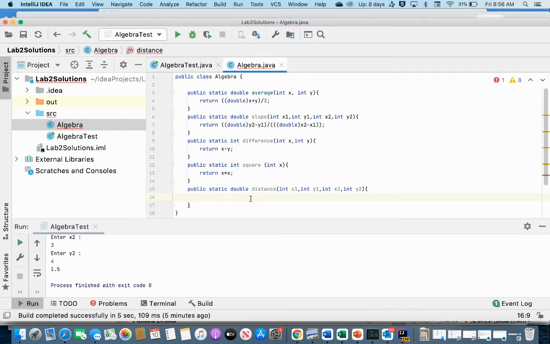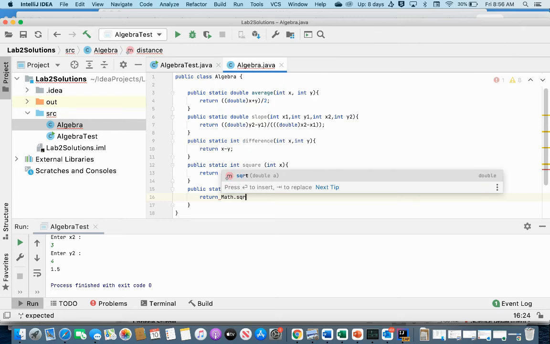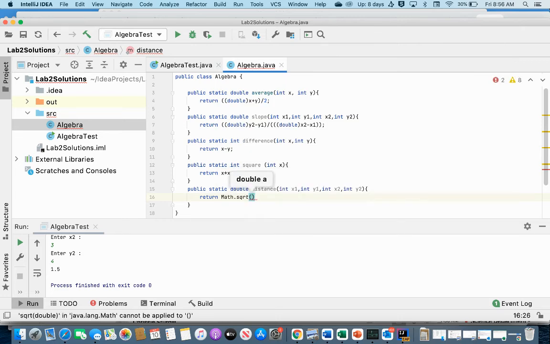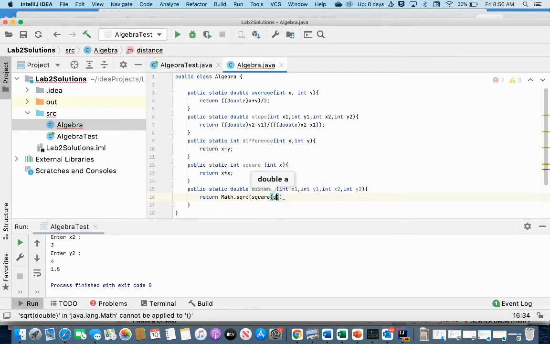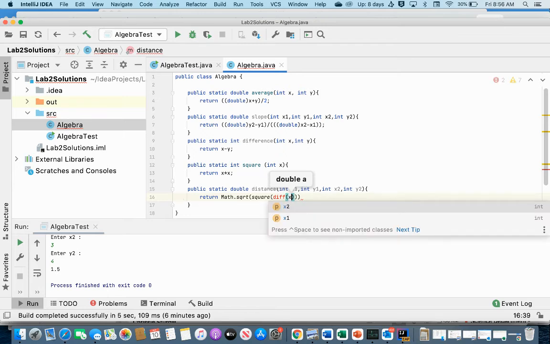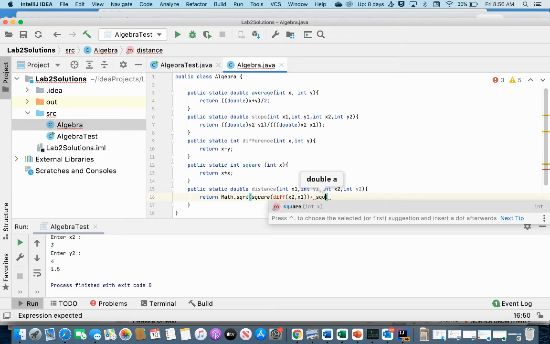And I'm going to go ahead and program this here now. Okay, so I'm returning a double. I'm going to go return. And I know that it's going to end with Math.sqrt. So I got the first part. Then I want to square the difference of x2 and x1, plus square